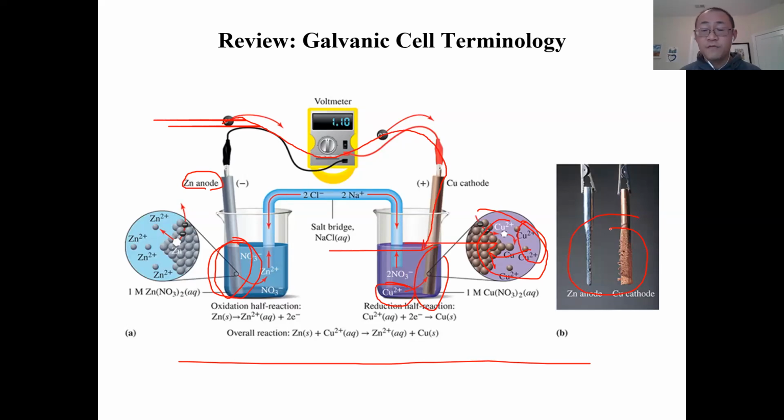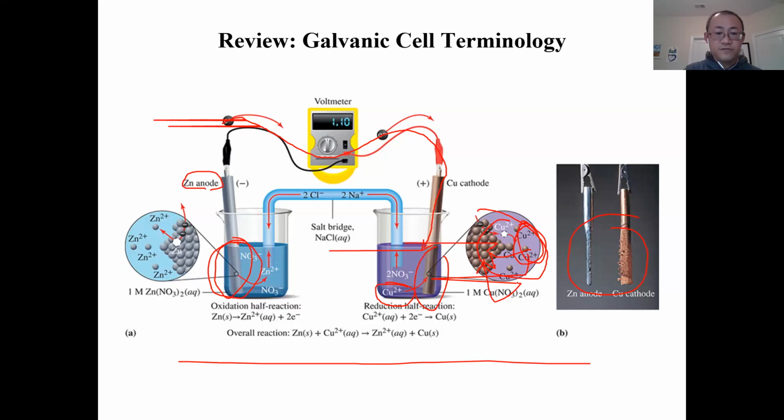Zinc ion won't be dissolving in the solution. But copper is getting more and more because copper 2+ is getting electrons and deposited onto the copper metal surface. So copper is actually getting more and more on the copper electrode. But again, both are called electrodes. The zinc electrode is called the anode, losing electrons, and the copper cathode is where the copper 2+ gained those 2